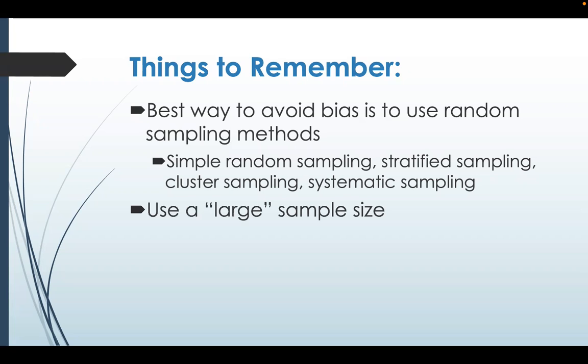Also, we want to use a large sample size. Now, large is hard to quantify, right? Because maybe large in some aspects would be 50 and maybe large is 2,000. The more you can include in your sample, the better, because that's going to reduce that natural variation we talked about. So the real key is just to make sure you have an appropriate largish sample size